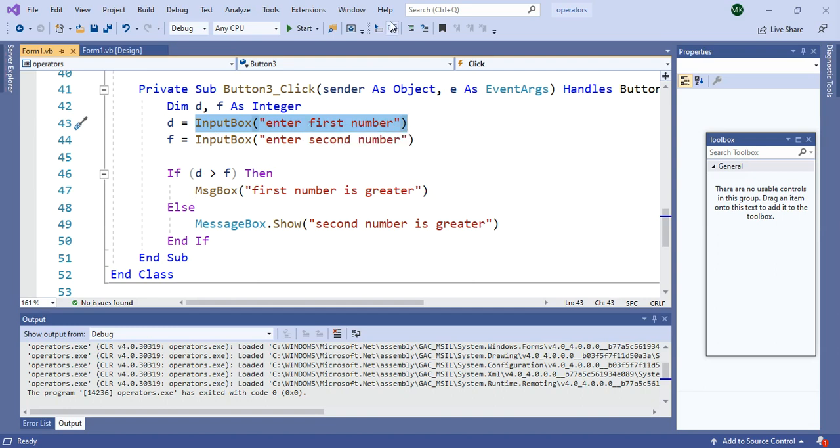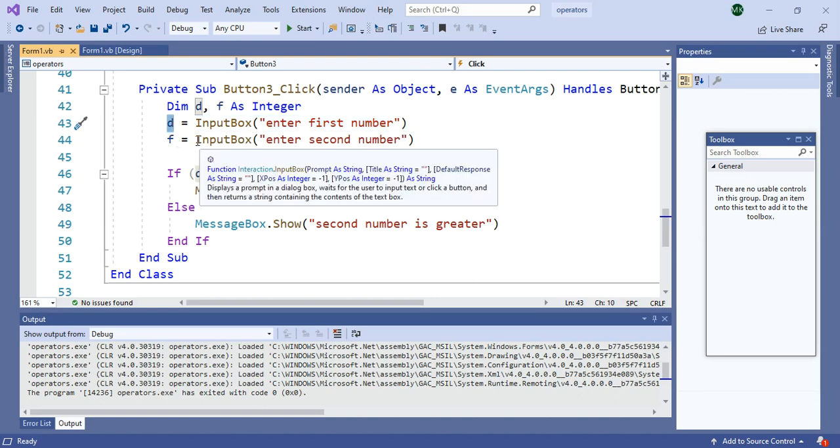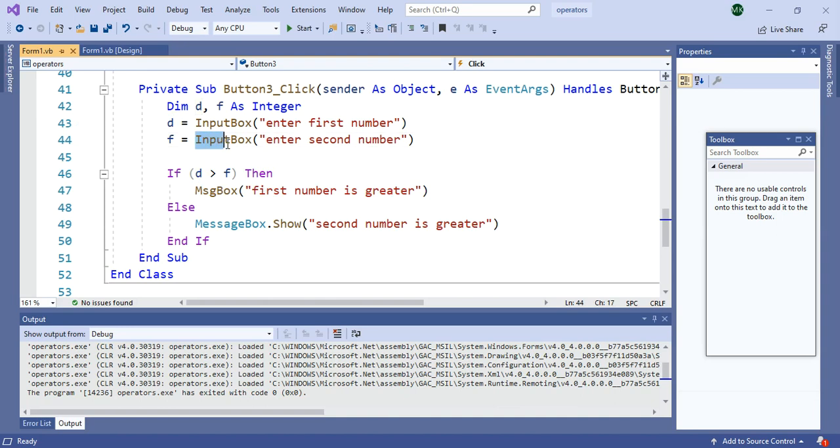When you enter the first number, this number will be saved in variable D. Next, the second input box for the second number: InputBox in brackets, in double inverted commas, Enter second number. When you enter the second number, that value will be saved in variable F. So we have stored two numbers, first in D and second in F.